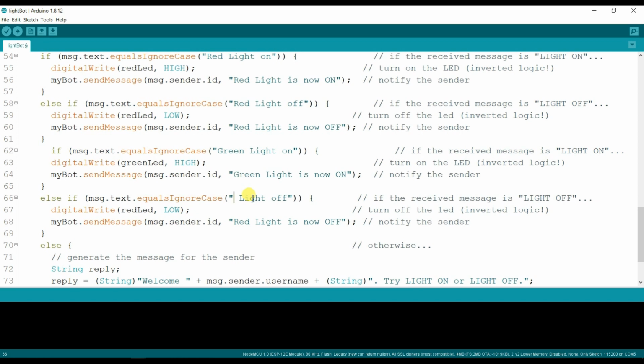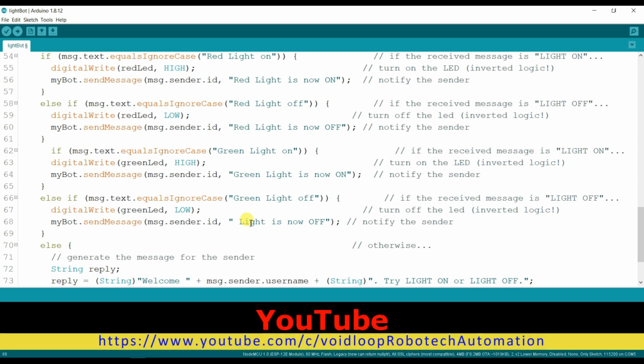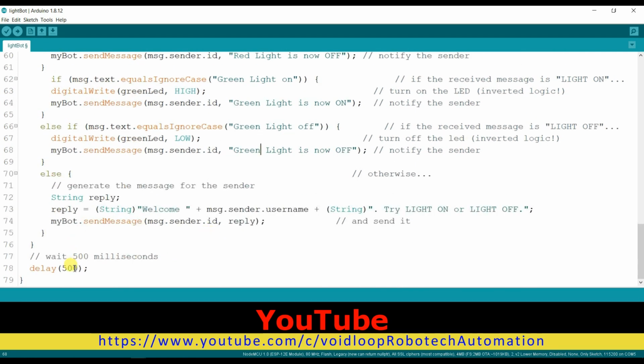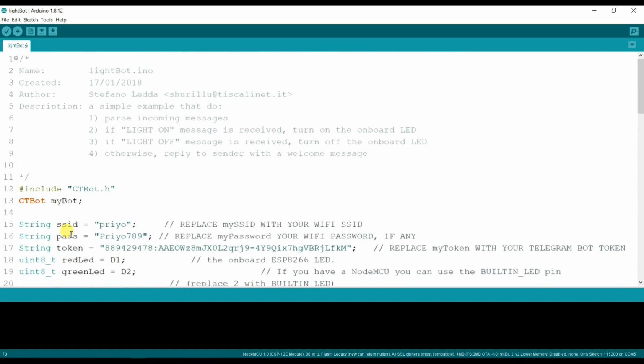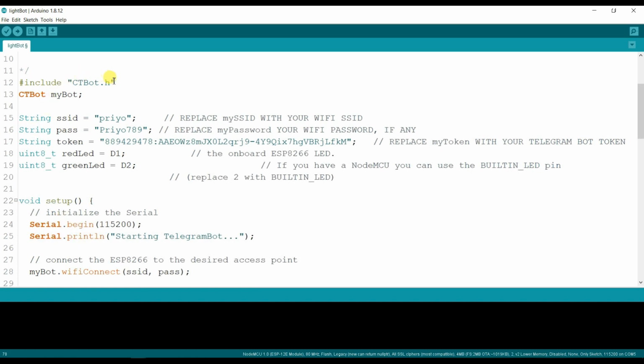If I send command green light off, then green LED will be turned off. Okay, I will change here delay 50 millisecond. This is the CTBot library and my board is the object.